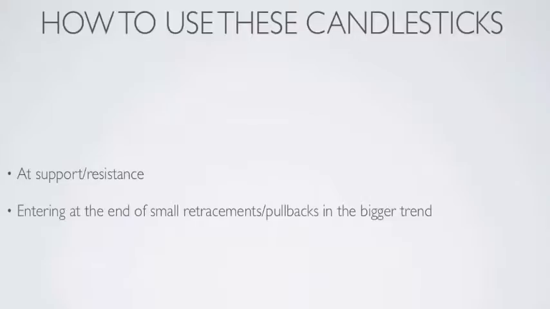We don't use that candlestick to say we want to go short. No, it's the big downtrend that tells us we want to be short. The big downtrend gives us our bias, which is short. We just use the candlestick to pinpoint the entry to get a good risk to reward.